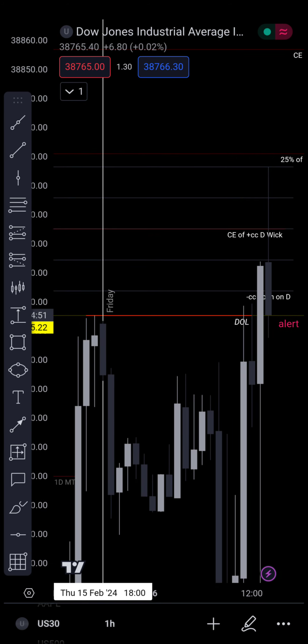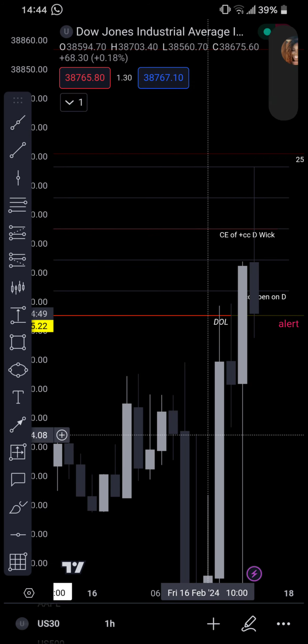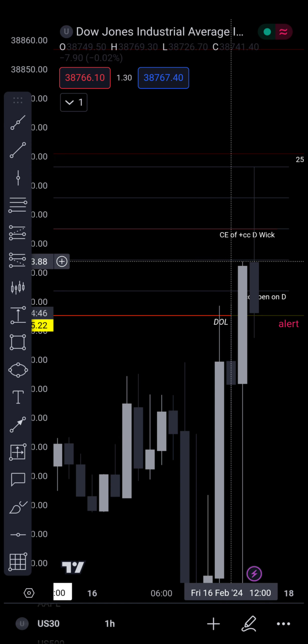We had a wick to the left over here on the daily chart. So what I did was, we had a wick on the daily chart. So what I did was I